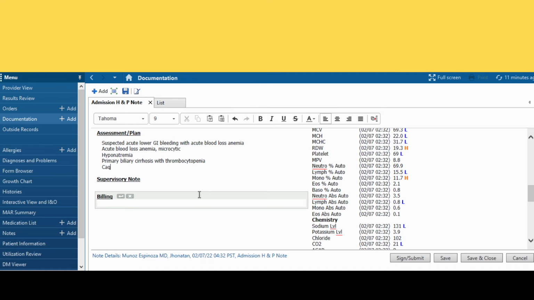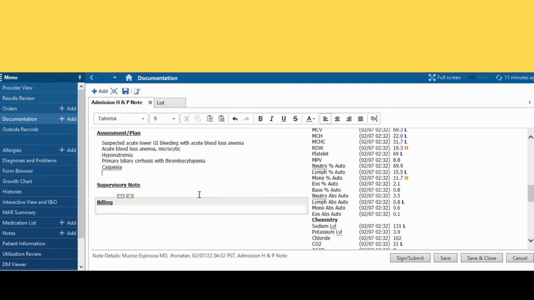So cachexia, and then cachexia, which also goes with malnutrition, right? Malnutrition is the whole evaluation. So malnutrition is a very popular diagnosis nowadays, and it changes the severity of the patient. So malnutrition, likely severe from chronic disease,